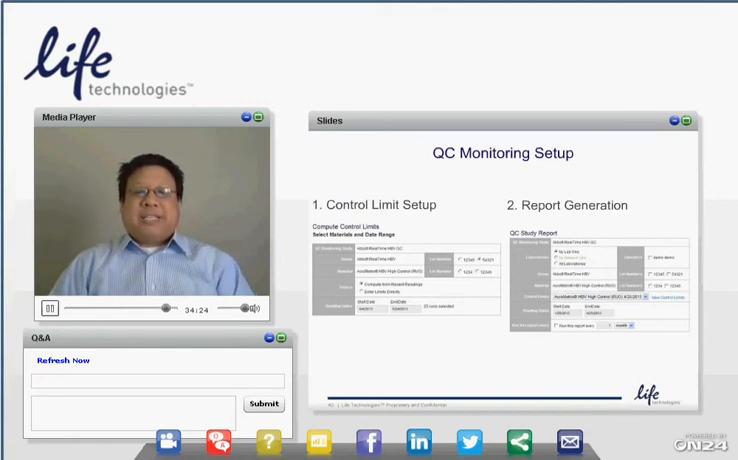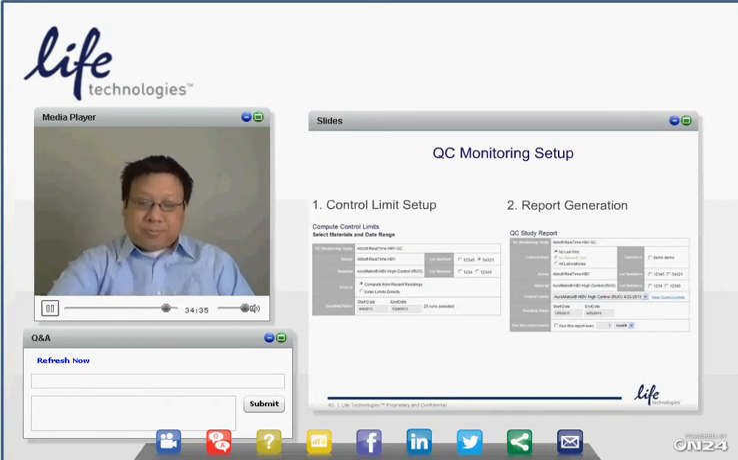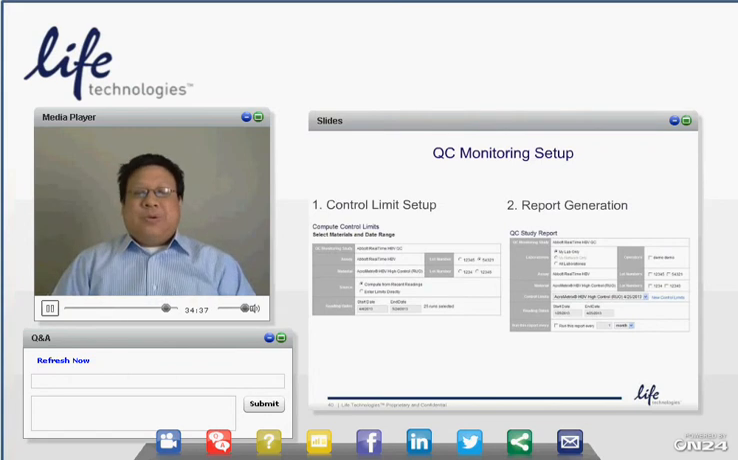We create Levey-Jennings plots with the daily QC, and we can set control limits, which are 3 standard deviations, plus 2 standard deviation warning lines. When setting this up, we set the control limits. You can select by lot number which control lots you want to use, and you can compute these control limits, these 3 standard deviation limits and 2 standard deviation warning lines,